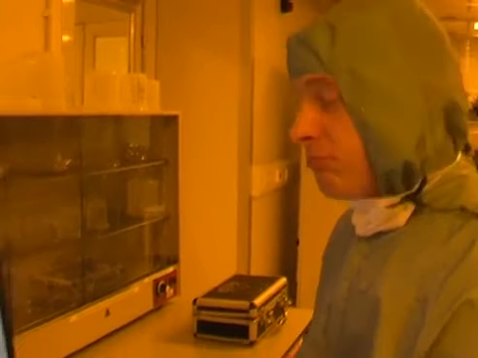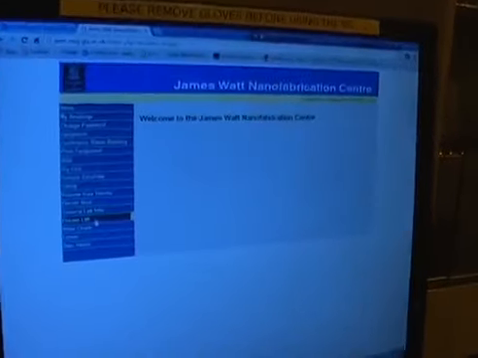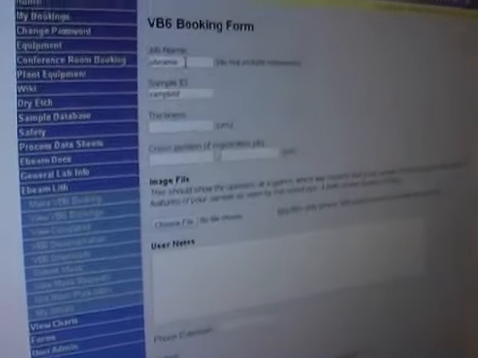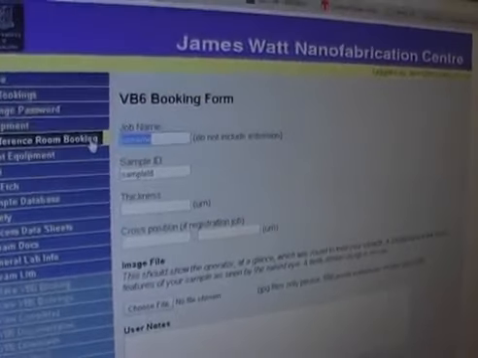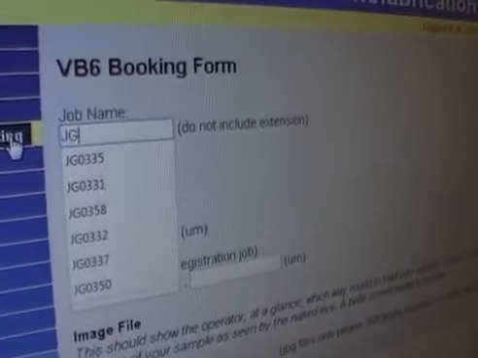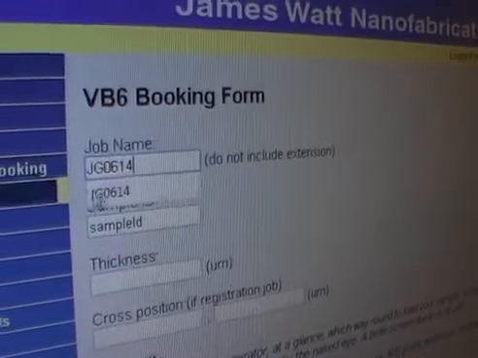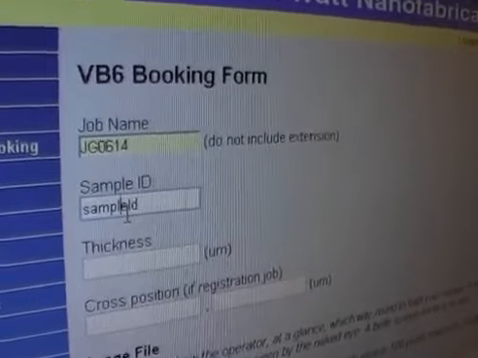This is a process of submitting a job electronically. So to submit the E-beam job, you go to the E-beam left tab, then make VB6 booking. Then you enter the job name, which is your initials, followed by the job name, then the sample ID,